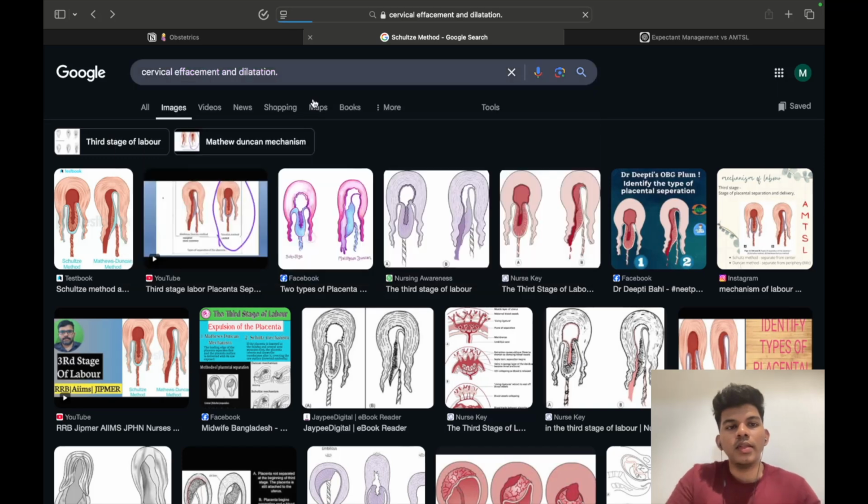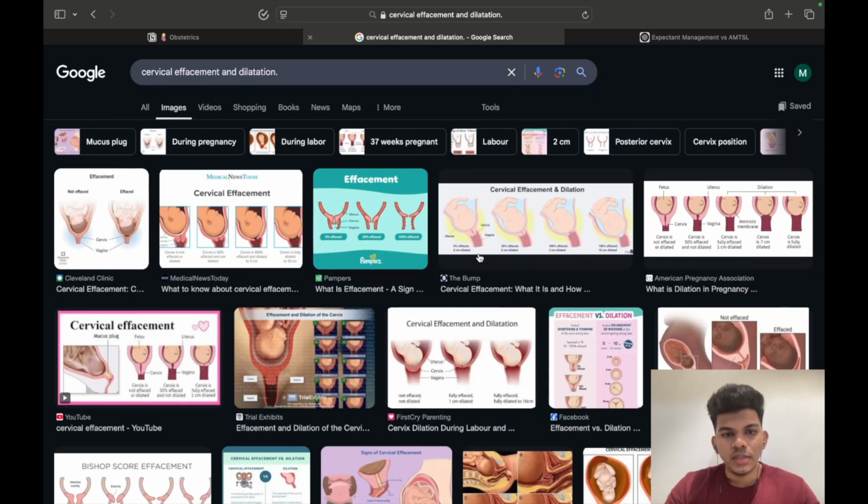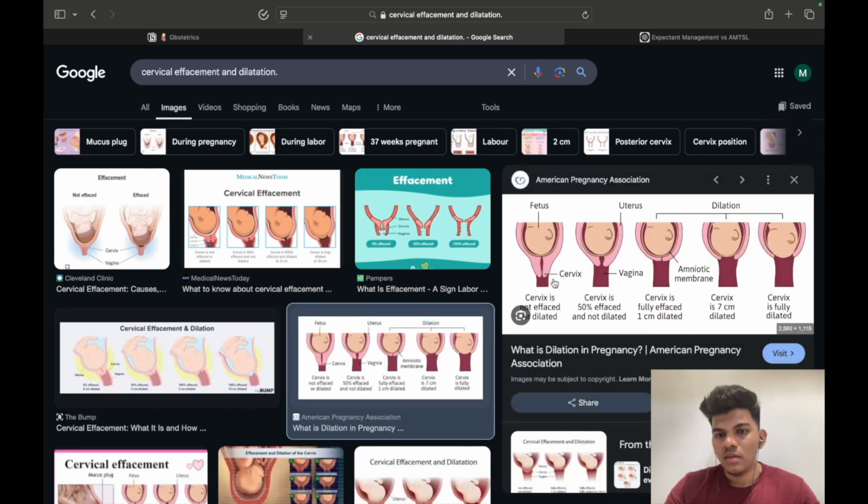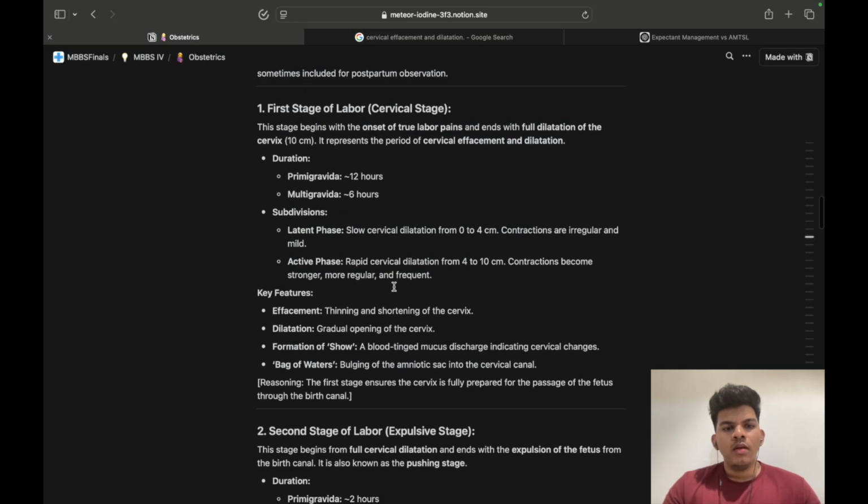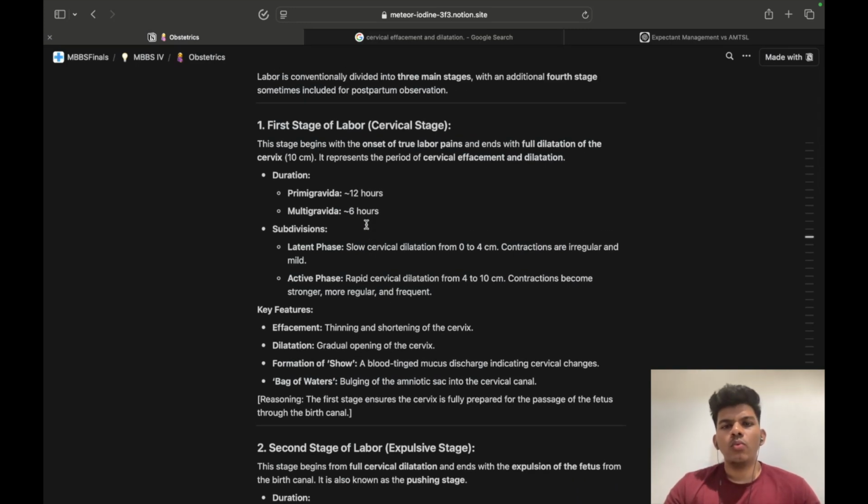Cervical effacement and dilation. So here you can see how the cervix is being effaced and dilated in these three images, and in this particular case, effaced. So what's the duration? For a primary gravida it is 12 hours, really long, almost half a day, and for a multigravida it is half of 12